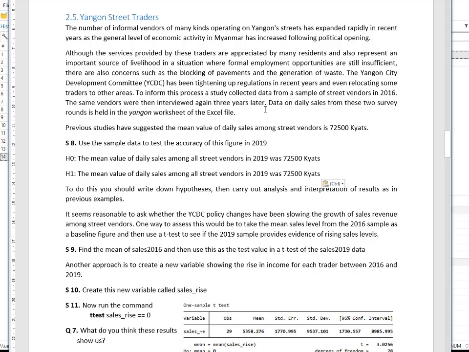And here we're trying to test the accuracy. So because we're testing the accuracy, if our sample value comes out well above this, we're going to reject it. Also, if it comes out well below this, we'll reject it. So the alternative was not. They're almost identical, except for this is "was not". So it's a two-sided alternative. So let's test the accuracy.